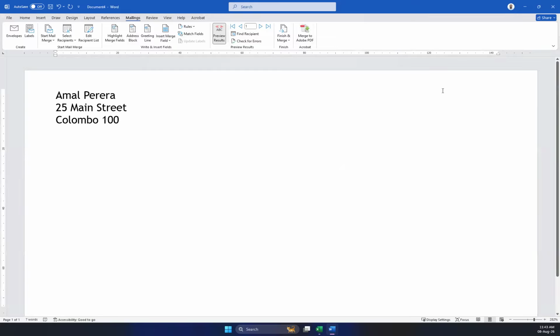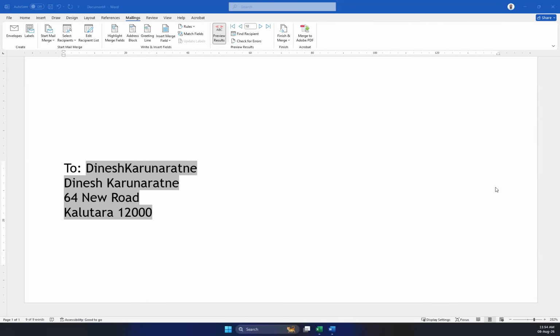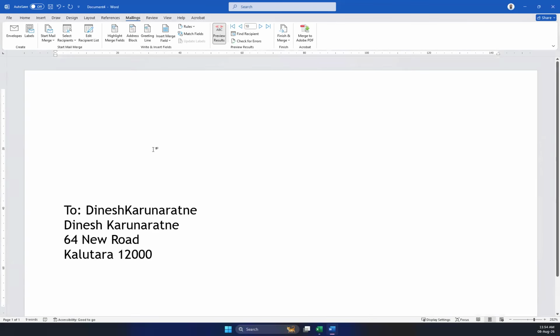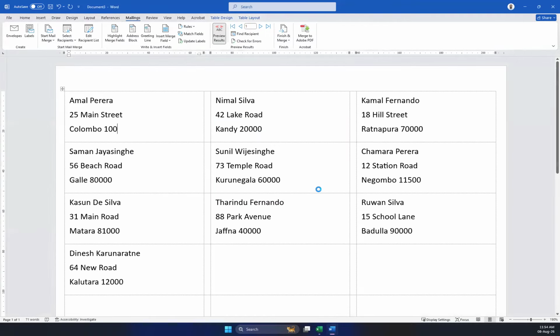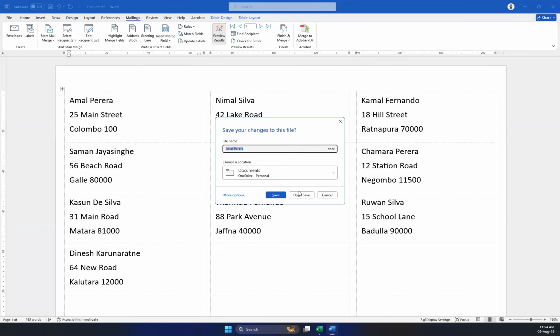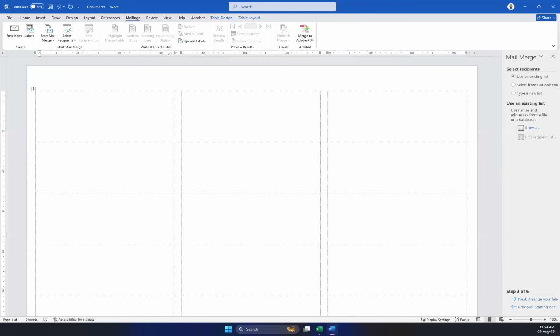Quickly try this out with the Excel file you have: create a letter and see how you can send it to multiple recipients using the same letter. Based on the envelope size you have selected, you will see how it is going to get printed. Now we are done with this and no longer require it. Now we are going back